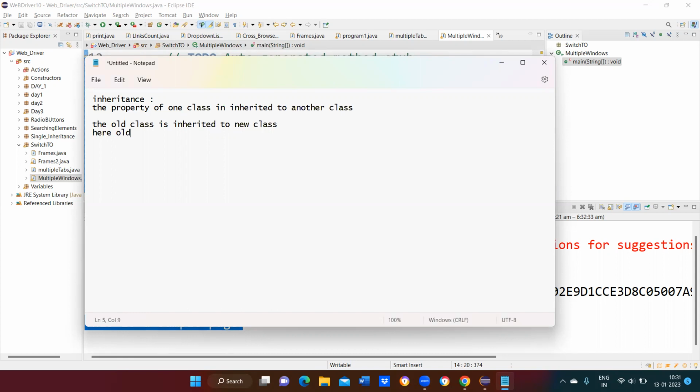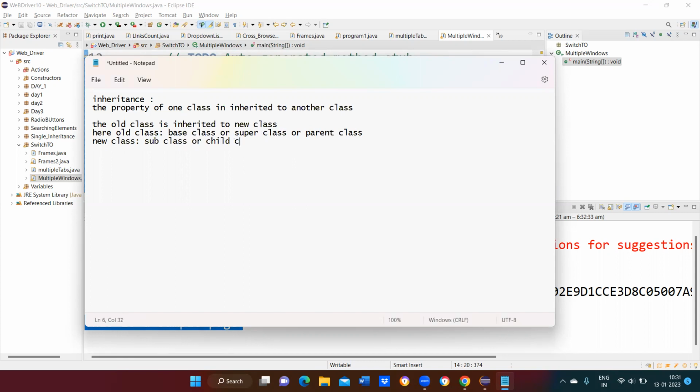Here, the old class is called the base class or super class, or we can also call it the parent class. Next, the new class is called a subclass or